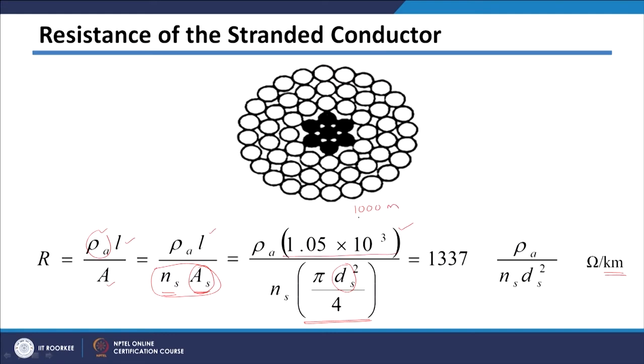Instead of 1000 meters, I have just taken 1050 meters, because we have seen that in case of stranded conductor we twist it, or in case of ACSR conductor there is twisting of conductor, and because of that twisting the length of the conductor will increase. So, approximately to accommodate that increased length, we have taken this 50 meter extra for considering the twisting. If you take all these constants together, I will get 1337 here, and these are the remaining variables which will give me resistance of ACSR or stranded conductor